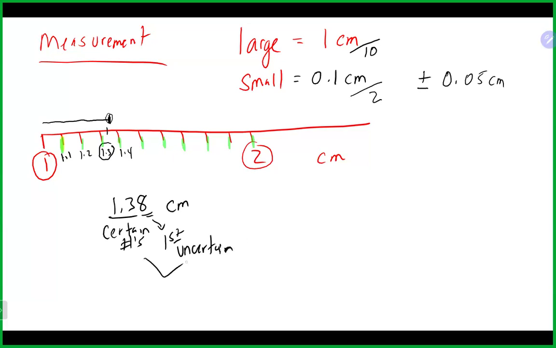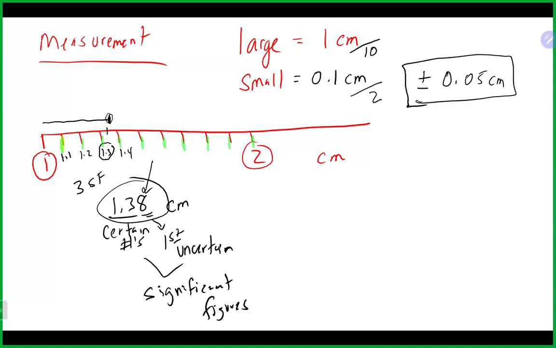And that's our first uncertain number when we take this measurement. When we do that, that is basically what significant figures are. In this particular case, this measurement would have 3 significant figures, where the uncertainty or estimation is in that last significant figure, in this case, an 8. We can incorporate this into our measurements, which they really like you to do in this school when you're in lab. And probably the proper way to record this would be 1.38 centimeters plus or minus 0.05